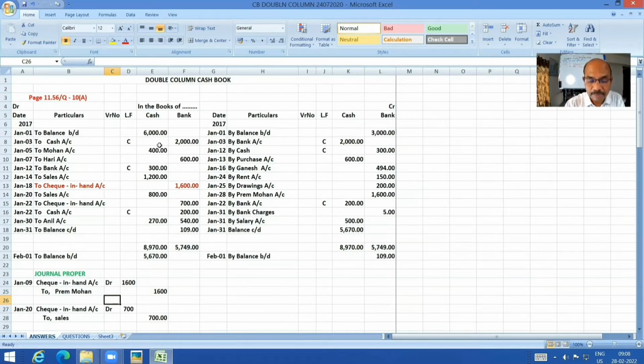videos. Right. Received a check from Hari and send it to bank. Of course, very comfortable. Same day itself, I can book in the bank. 600 to Hari. Credit the giver, debit the receiver, bank to Hari. Or in other words, receipt means debit side of cash flow. Payment means credit side of cash flow. Okay, thumb rule. Fine.